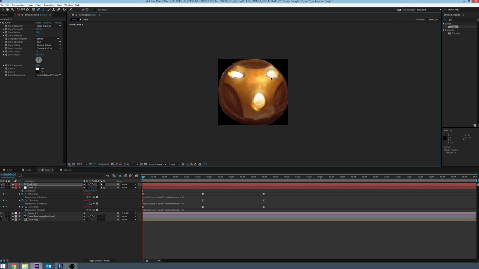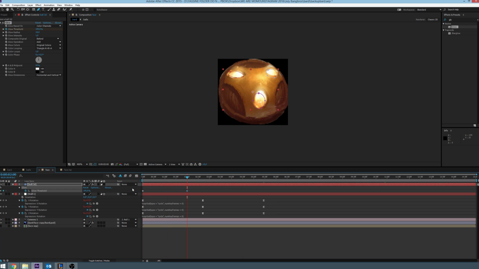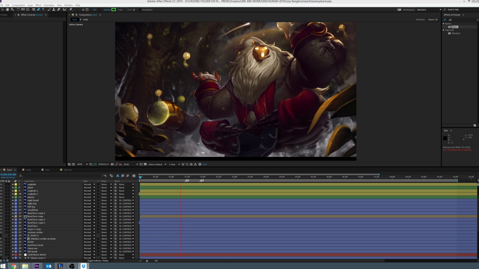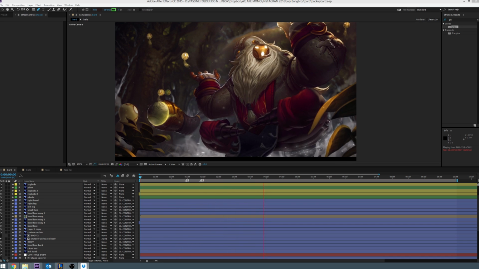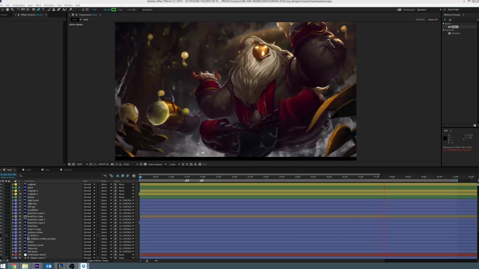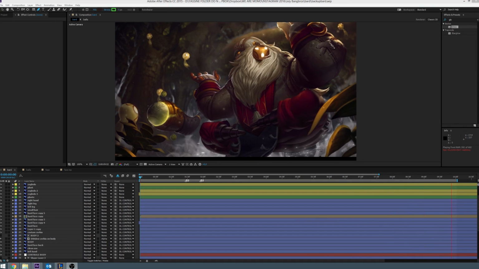Another thing is you need to learn how to use the ripple effect. Ripple gives this water feeling or wind feeling. So I used it here, I used it in the hair, I used it in the plants, and it just gives me a bit of movement.